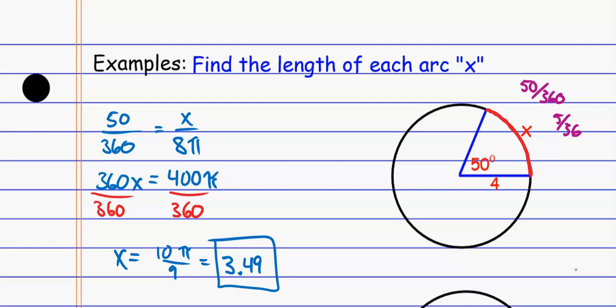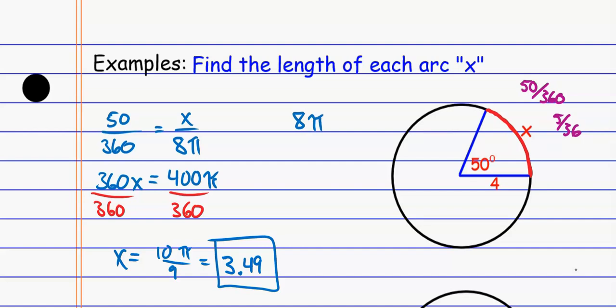5/36 of the circle, okay? So basically that is a fraction of the whole circle. And so if you think about that, it's going to represent a fraction of the entire circumference. Well, watch this. If I take the circumference, which is 8 pi once again, well, instead of having the entire